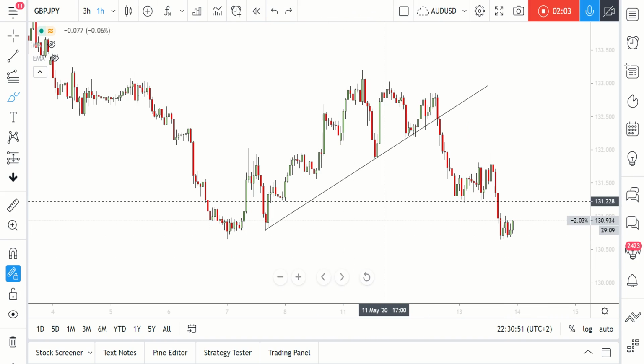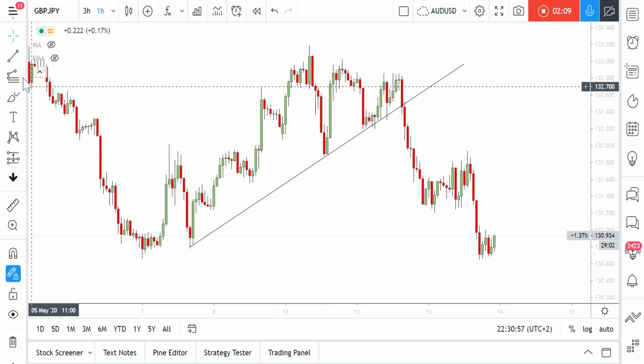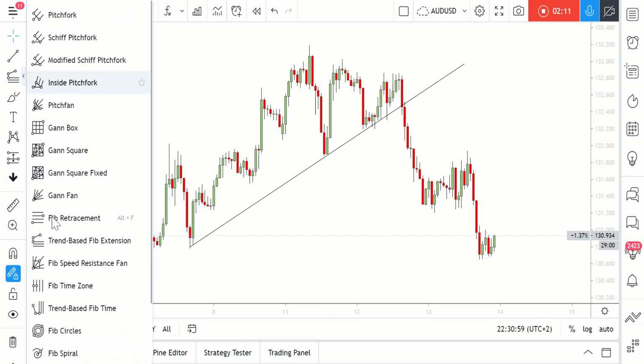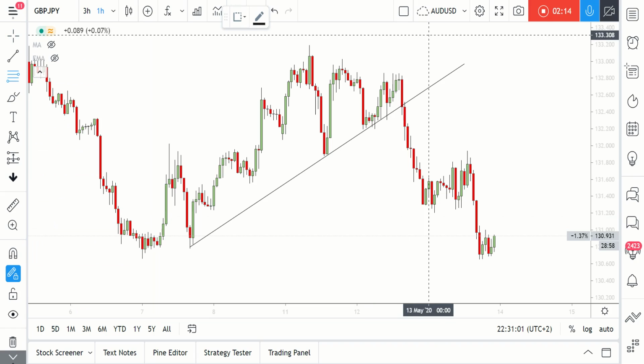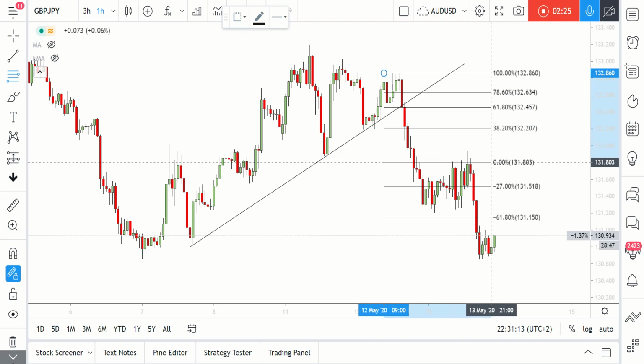So that was my first thing that I had kept in mind, but then I just had to try to get entries that are probably lower than that retest, or ultimately entries that are not based only off of that retest of